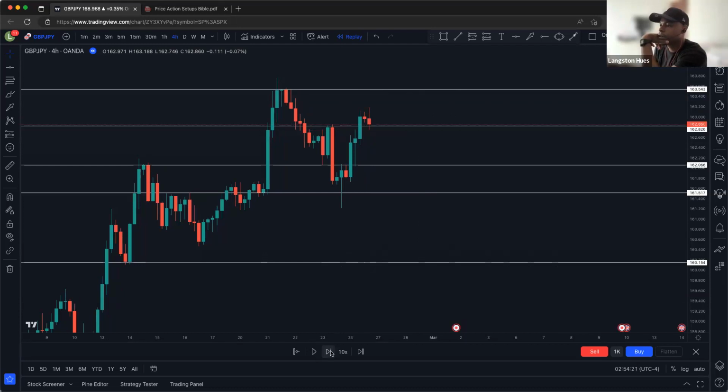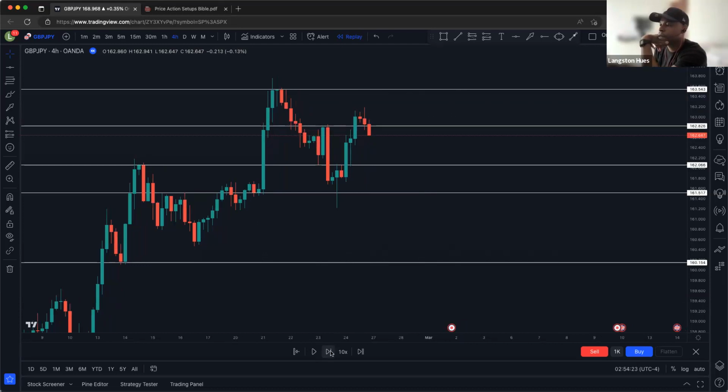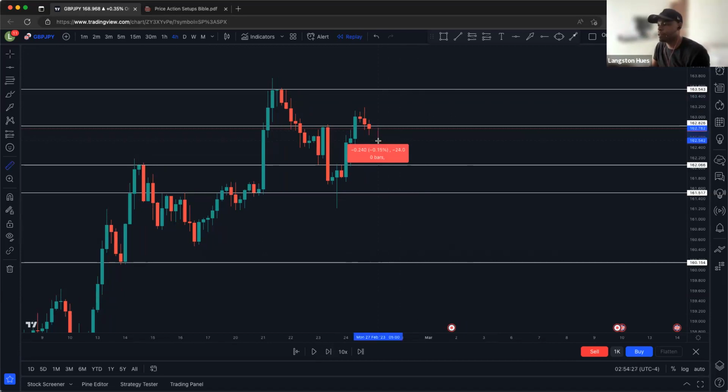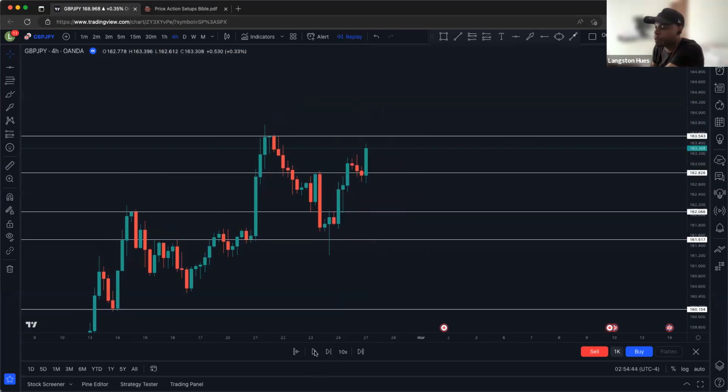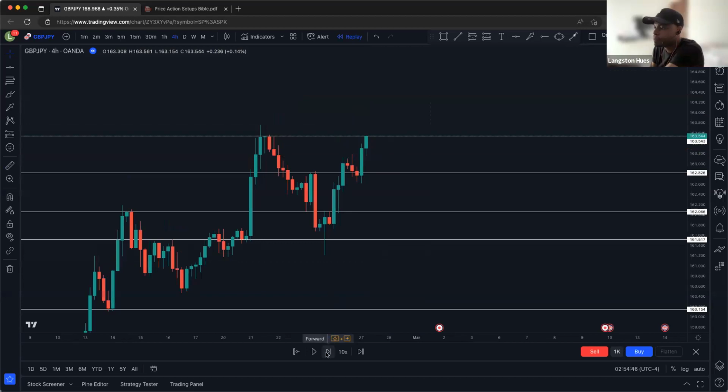It rejected. Closed back into the range. So we got clean traffic coming down to about right here and even further down. So it could just drive down potentially. It just depends on the time frame, but you get the idea of the clean traffic. Oh, look at that. That was a break and retest. It broke, retested, drove back up. Okay, so let's see. Cool.